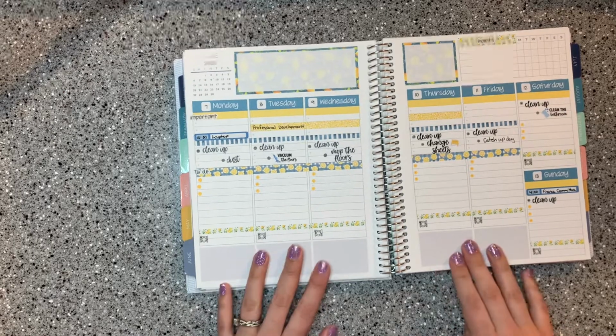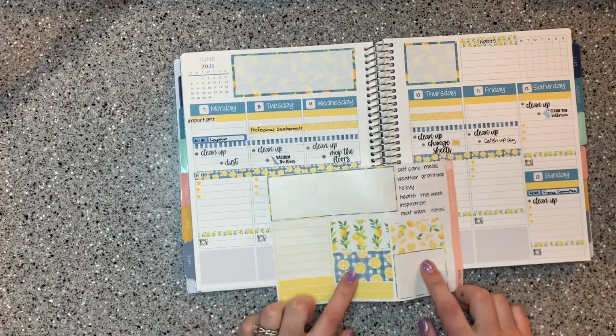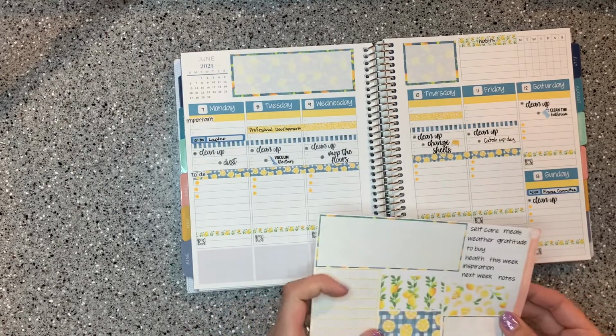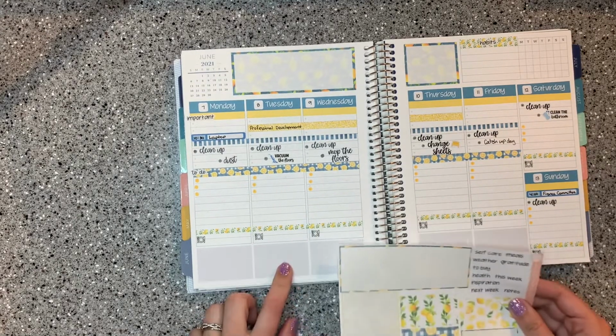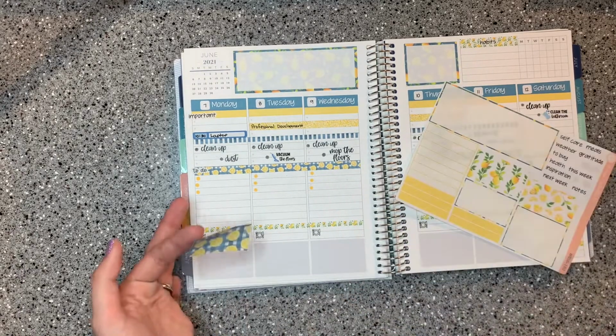Okay, so an idea that I had with these decorative boxes was to use them on this bottom section for the days that I have videos coming out. So I'll have a video on Tuesday and a video on Friday. And so I thought I would pick 2 of these to put down here. So this one's definitely my favorite. So I'm going to use it for my Plan With Me